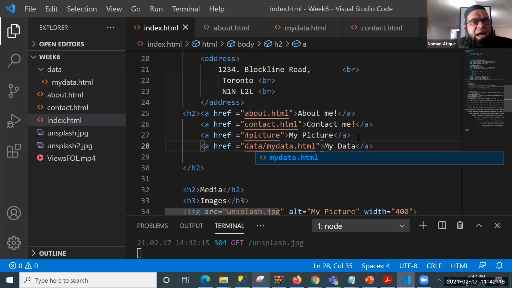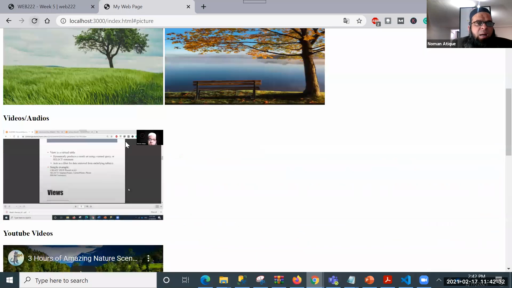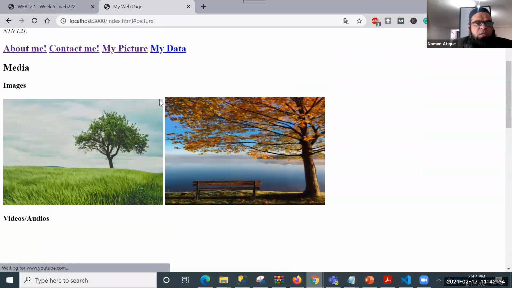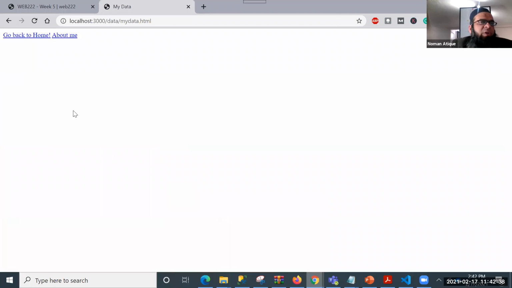Because now I am talking about a page which is not inside the same directory, rather it is inside another directory. So I have to go to the data folder first, and then you will find mydata.html. Let's run this one and check whether I'm able to access my data page or not. So this is the my data link. Just go and click that. Okay, so we are able to get mydata.html.